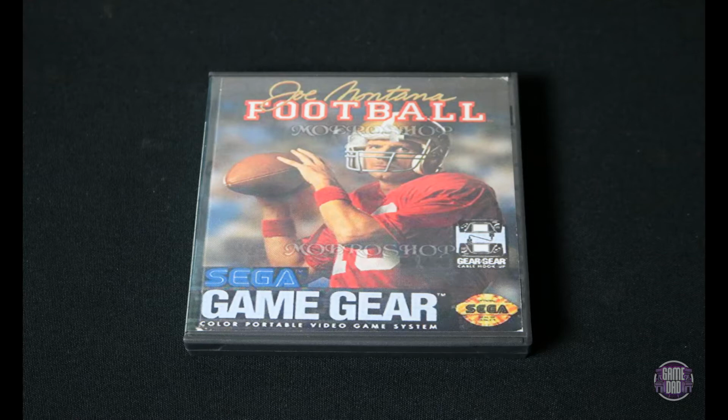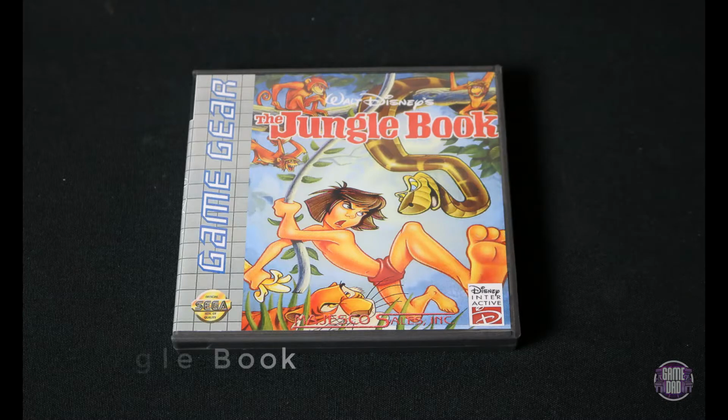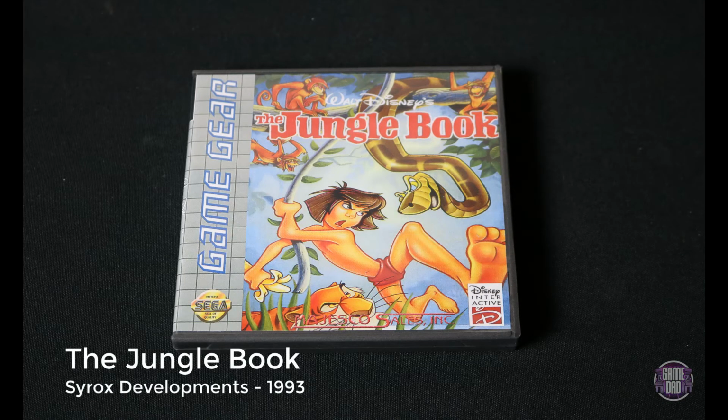So the gameplay is okay. It is one of those games that actually uses a link cable, so that's cool, but overall, just another sports game. And up next we have The Jungle Book, released by Xerox Developments in 1993,